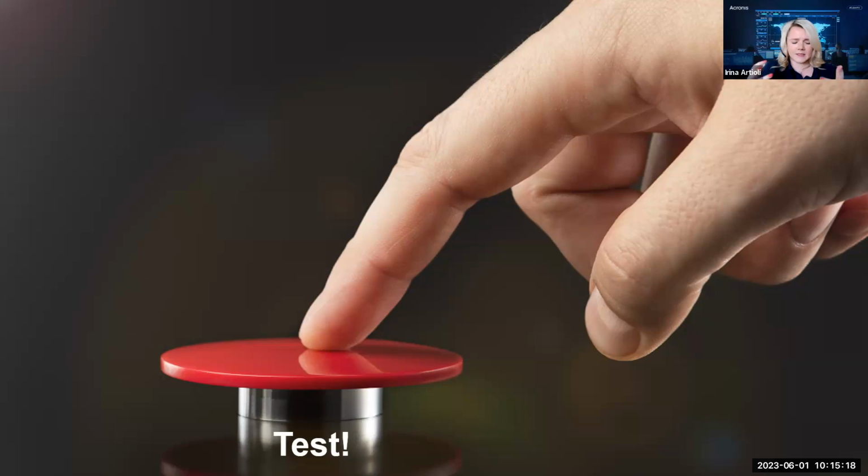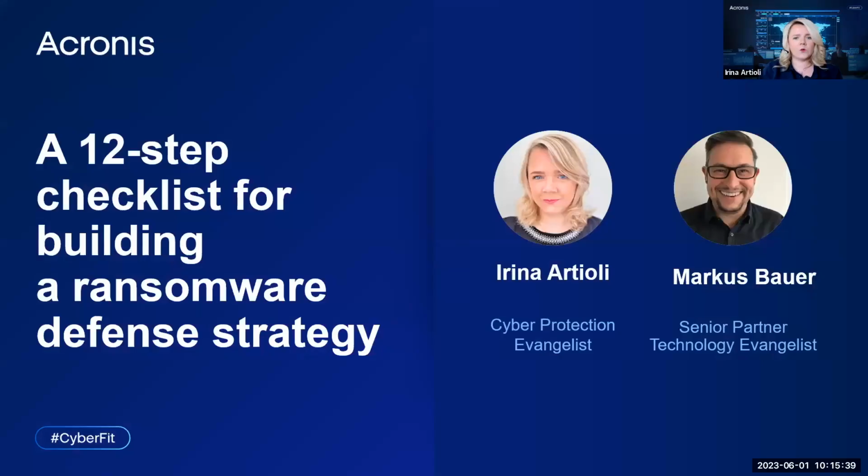And of course, testing will help you to identify all the weaknesses. It will help you to refine the process, and of course, to ensure that the response team is well prepared and coordinated. So it will really help you to strengthen your plan and to make sure that you are ready to protect your organization. And on this note, I want to